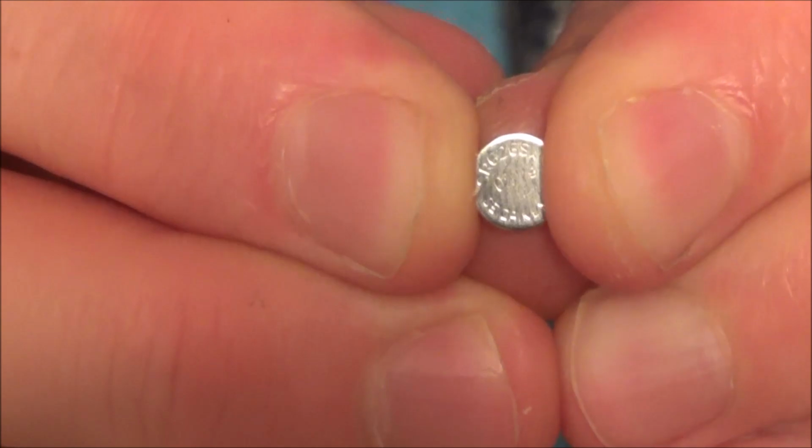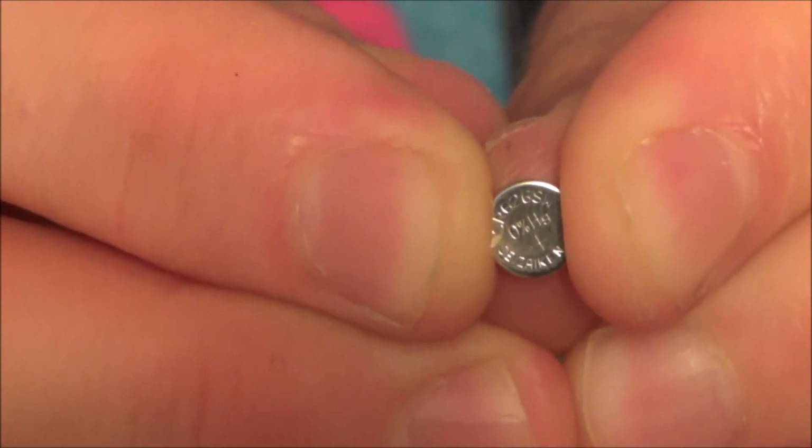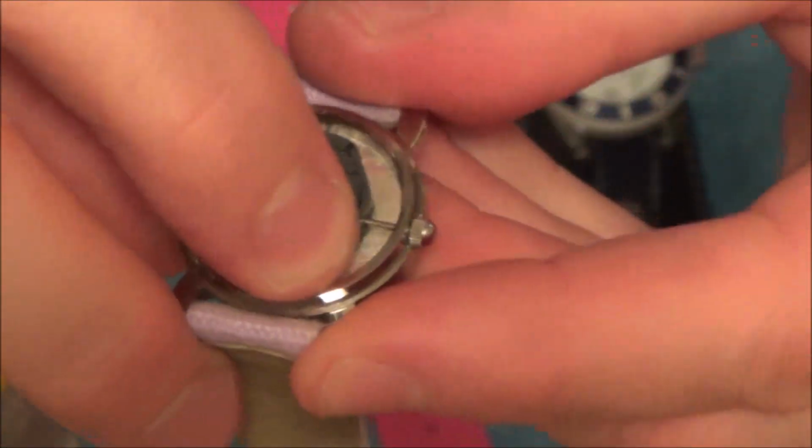Yeah, so you'd be able to get replacement ones off them on eBay for, often it's as low as 99p, and somehow they deliver it to your house for that price as well. So it's ridiculously cheap. And then putting it in again, just put the battery in and just gently